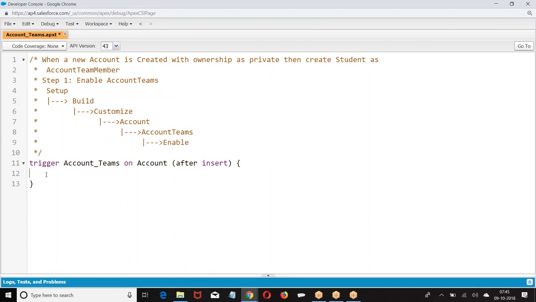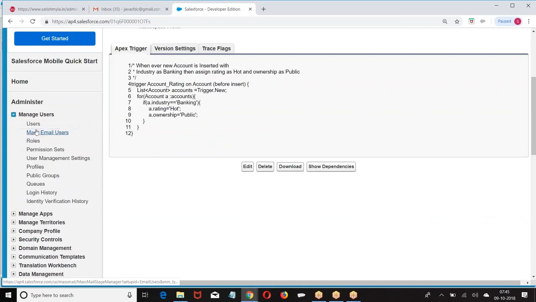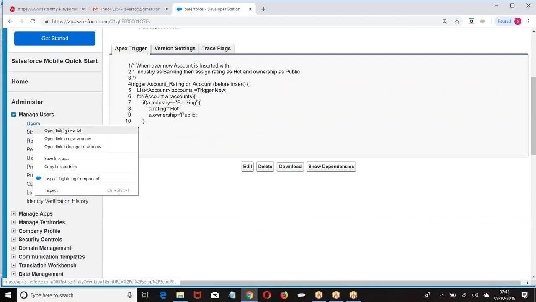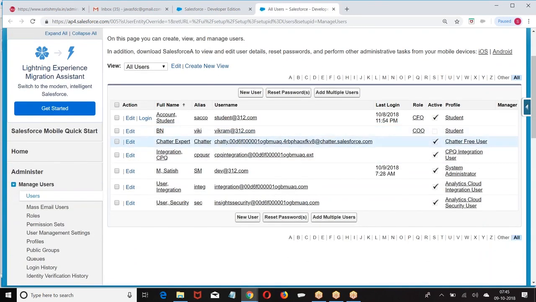Okay, let us take the concept here. First, whom should you add? I want to add the student as an account team member. Which user do you want to add as an account team member? Student.